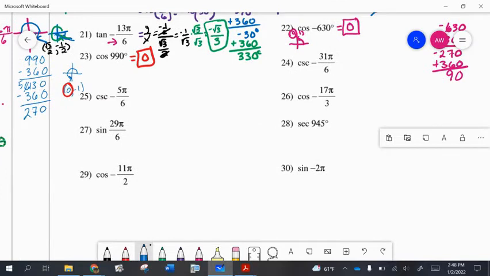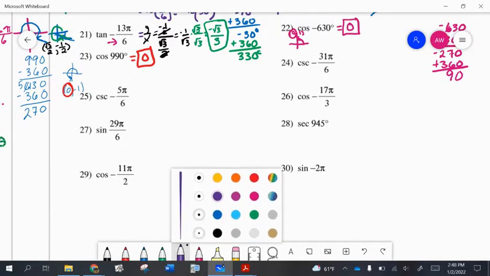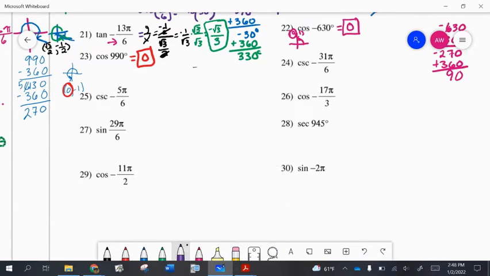Okay, now doing a little scratch work here on the side. Remember that I said we can think of that as -31 times pi over 6, and we know pi over 6 is 30, so that's -31 times 30, if you want to do it this way. Okay, so -31 times 30, that's going to be -930. And so then with -930, we can just start adding 360 till we get that to be positive. So if I do 360,